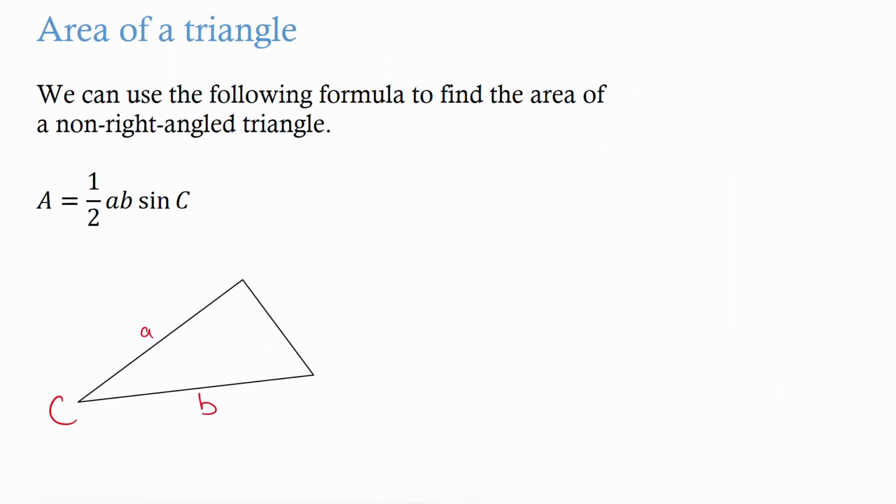In this video, we're focusing on the area of a triangle. So we can use the following formula to find the area of a non-right angled triangle. It's A equals 1 over 2 AB sine C. Now the only important part here is to remember that A and B have to be opposite the angle you're